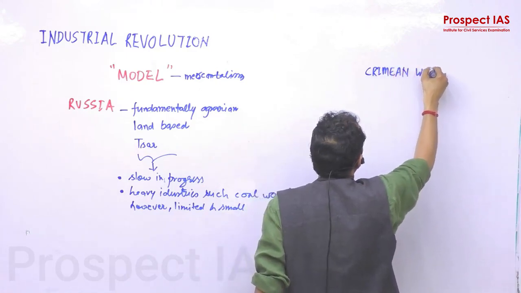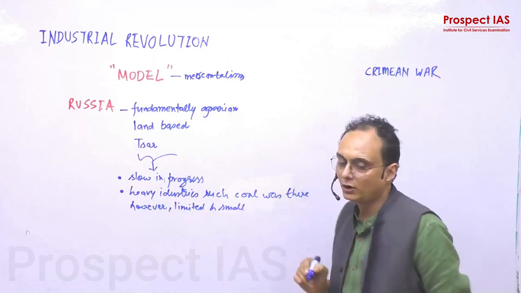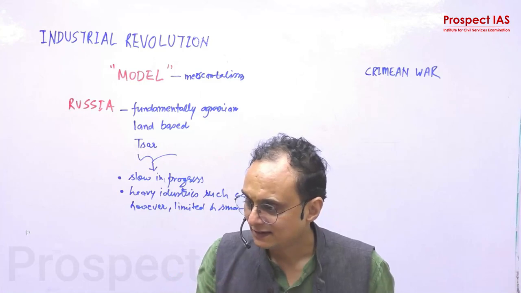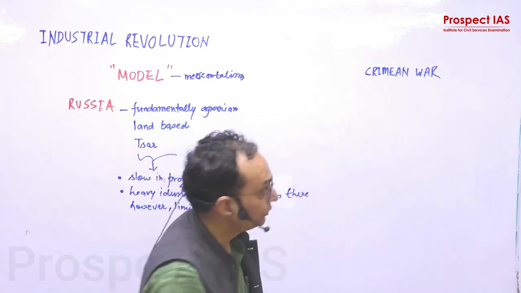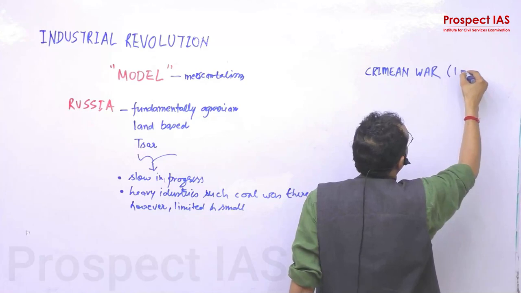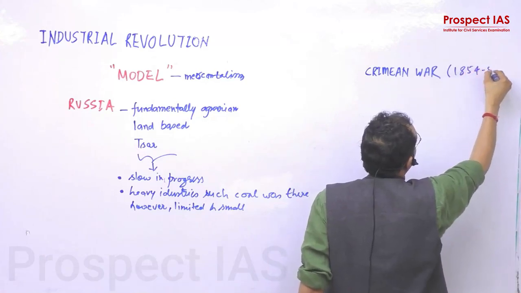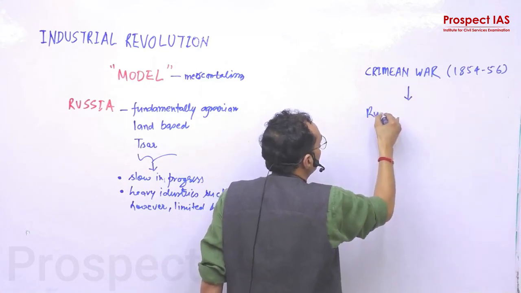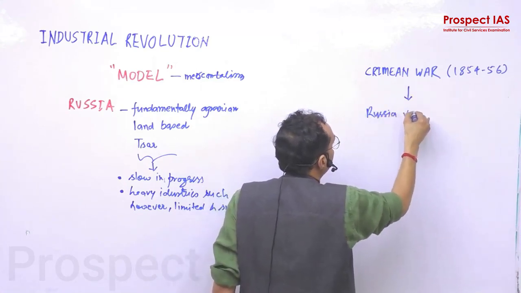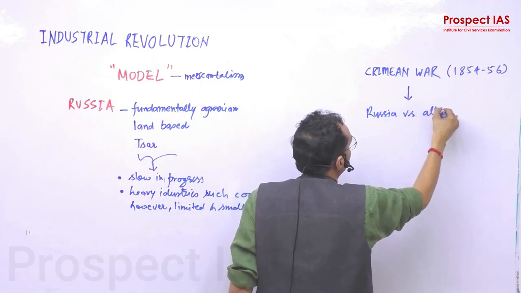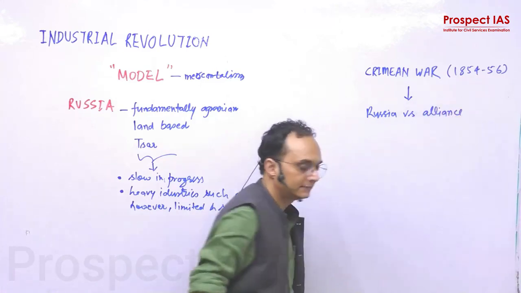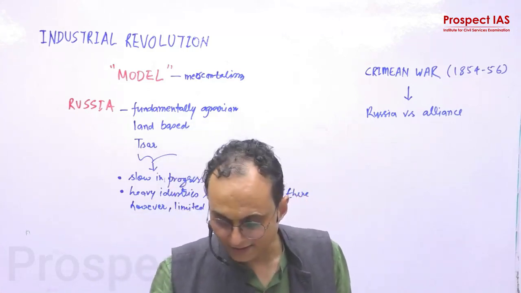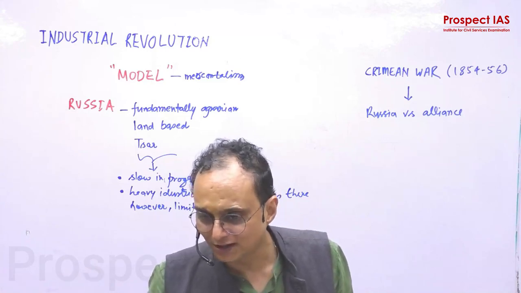The Crimean War, which was fought between Russia and an alliance. And in this alliance, which were the countries, I am going to tell you. 1854 to 56. And it was a war between Russia versus alliance. And in this alliance, write down, United Kingdom, the industrial country,